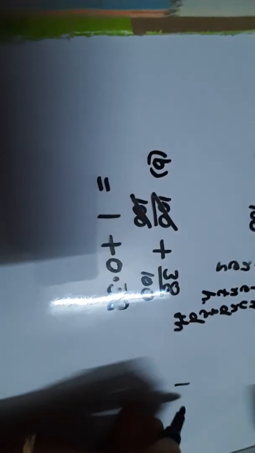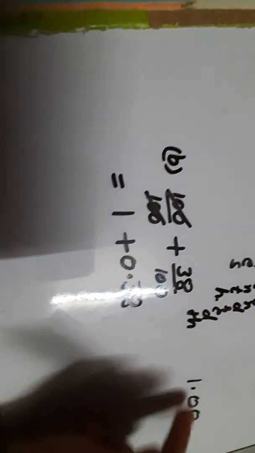So 1 plus 0.38. And how to add it? If it is 1, so 1 can be written as 1.00. We can place any number of zeros after the decimal. For this, 0.38. So let us add it. You will get 0 plus 8 is 8. 0 plus 3 is 3. Decimal point, always take decimal point below decimal point. 1 plus 0 is 1. So answer is 1.38. Right? So let us fill the table.